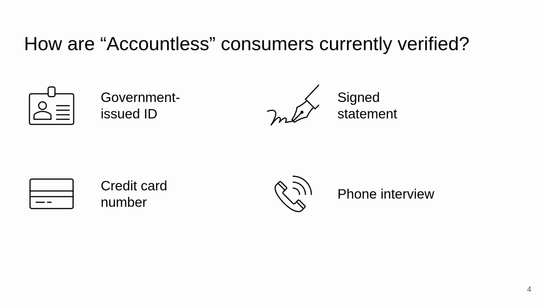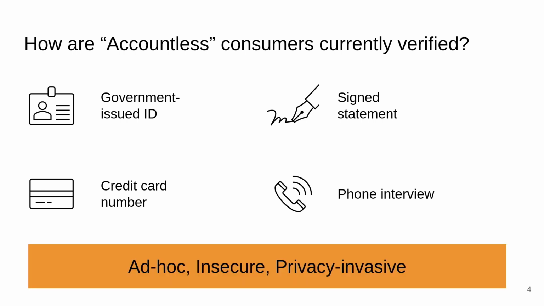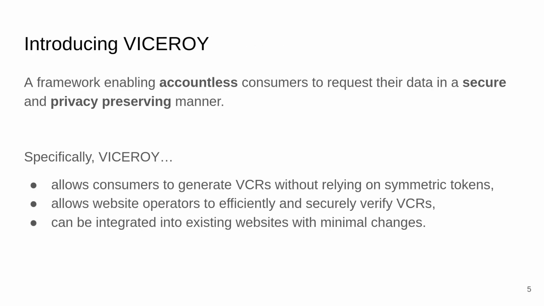So you might be wondering, okay, how do you even authenticate these consumers? Well, it's really ad hoc these days, and a lot of the solutions that were provided are insecure or privacy invasive at best. So that's why we wanted to propose VICEROY. VICEROY is a framework that allows accountless consumers to securely and privately exercise their GDPR and CCPA data protection